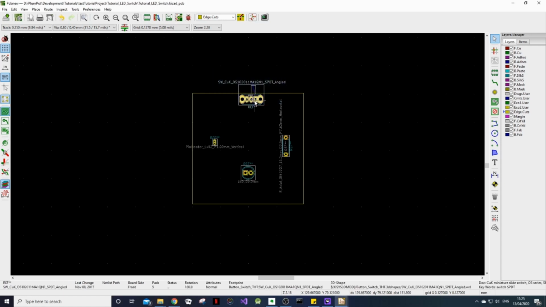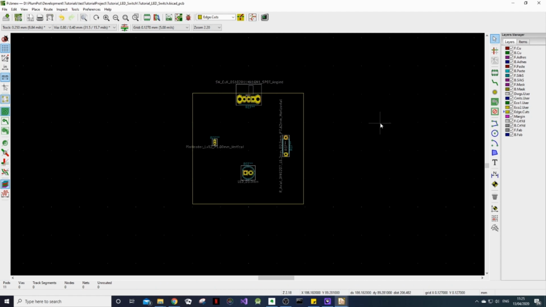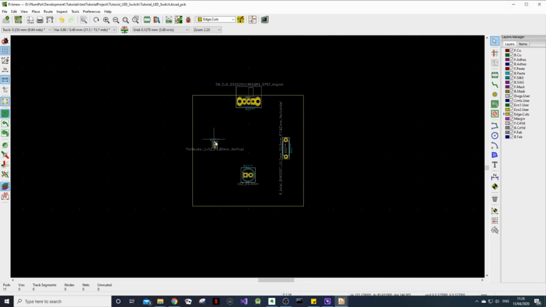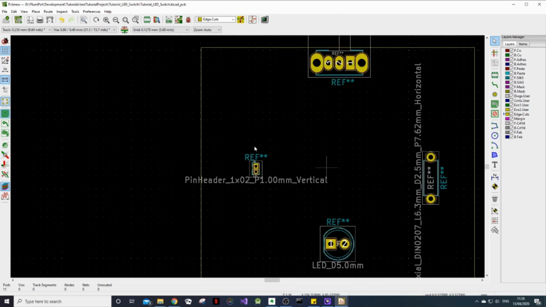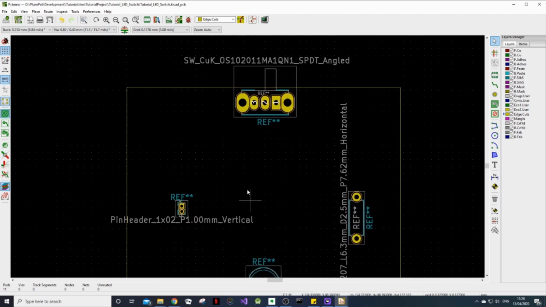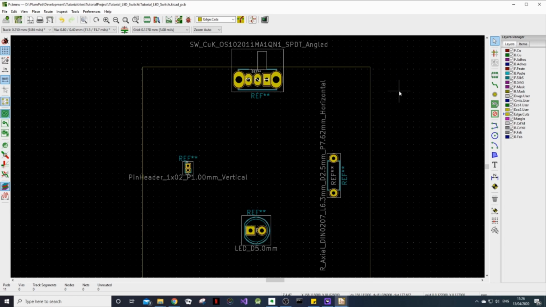This just makes it a bit neater. You can rearrange it however you want. There's no specific rules for a circuit this simple. I just put this switch on the edge of the board, considering it was a 90-degree switch, so it would be easier to switch if it was hanging off the edge. And the other components I just spaced out neatly on the board. Like I said previously, we need to rename these reference labels according to what the corresponding component is in the